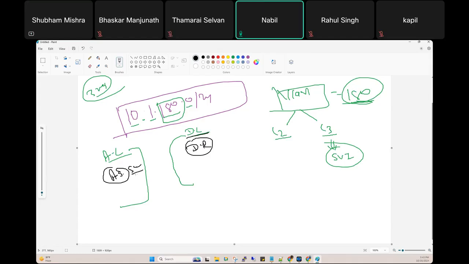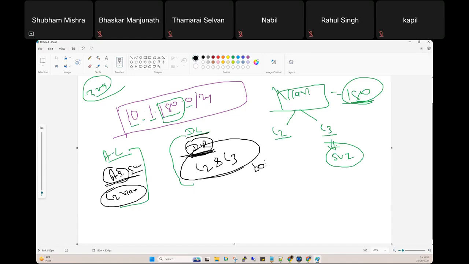Please remember, on the access layer, generally we create the L2 VLAN, not L3, never. And on the distribution layer or on the DR, generally we create both L2 and L3.